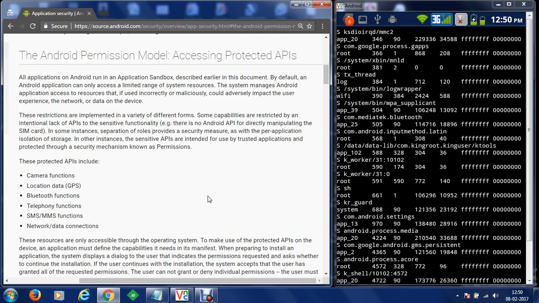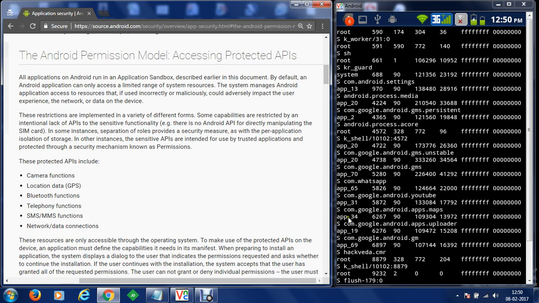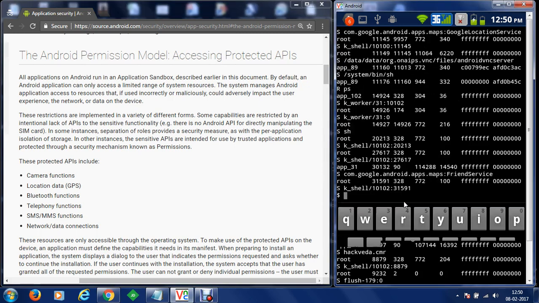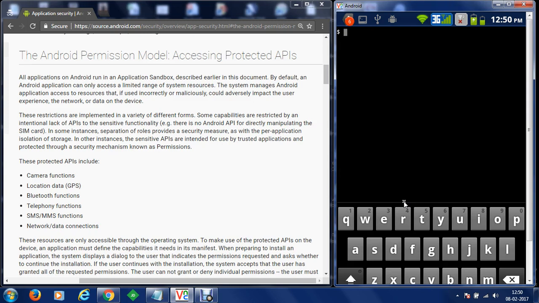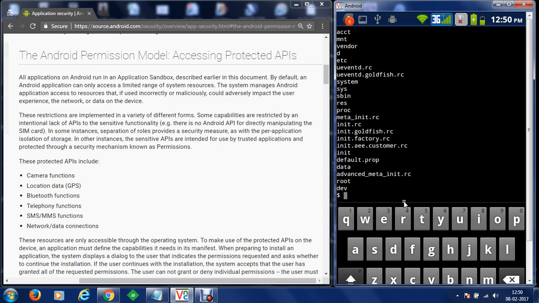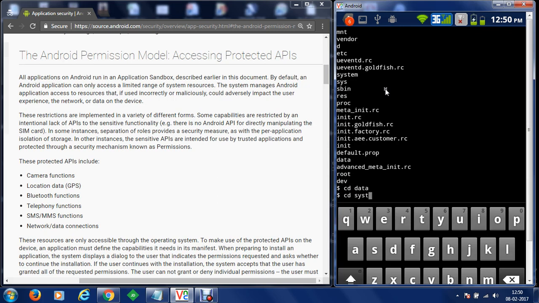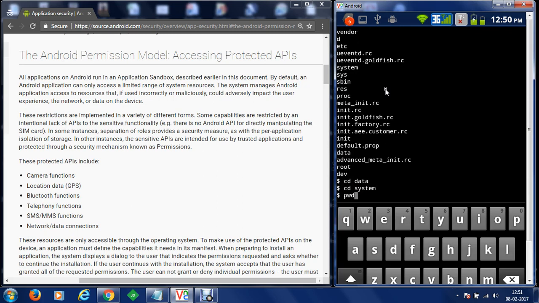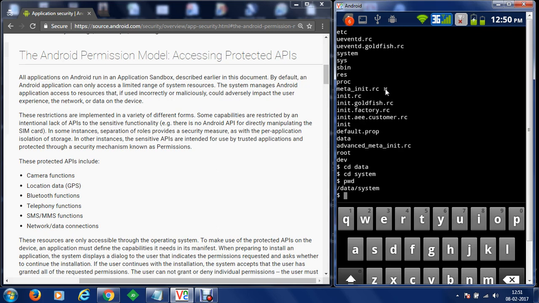Now if we proceed down, we can see that every individual application account which is created here is created with respect to a process ID which is allotted in packages.list. So these are like default accounts in your Android application. Let's just understand where these packages are maintained. So within our application, we're going to execute a clear command, and now within the system directory, in the current directory we have the root file system. Let's go into the data directory. Within the data directory we have another directory known as system. At the moment we are currently in /data/system.